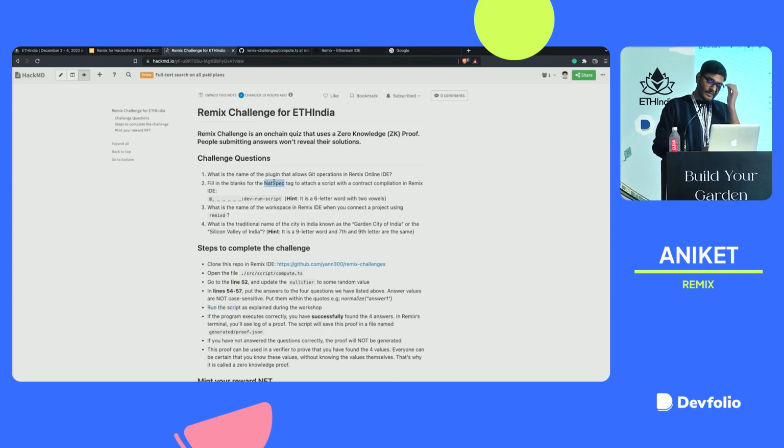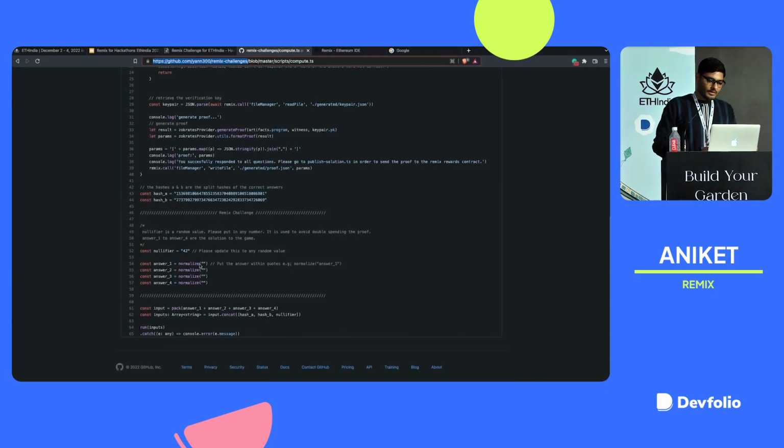And then this one is about the natspec tag, and then this is about the workspace name when you connect a project using remixd, and then this one is one non-technical question. So you can just put the answers of those 4 questions here one by one,